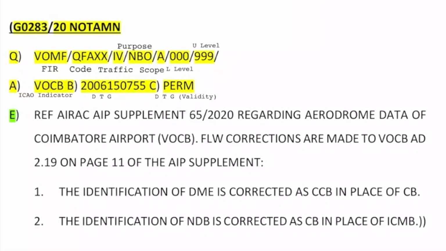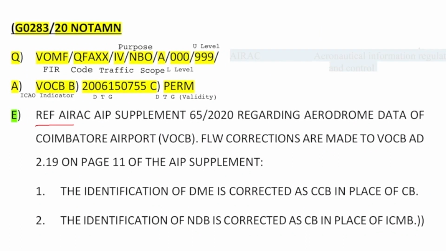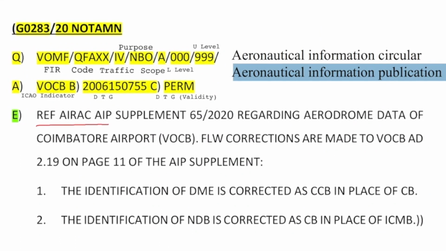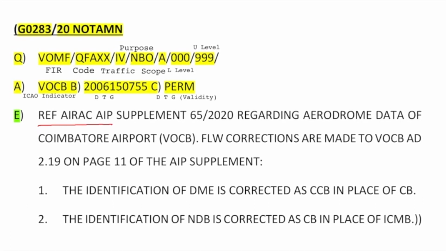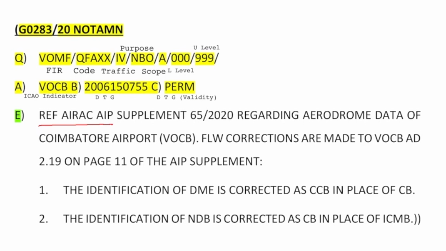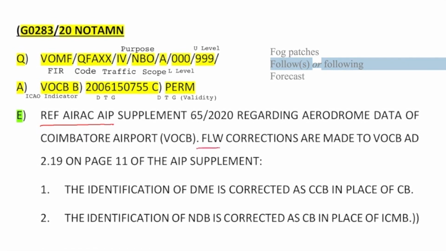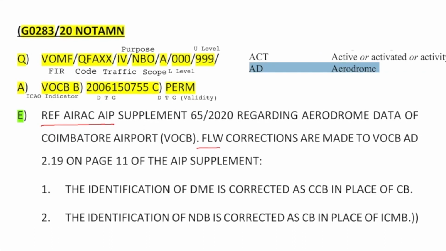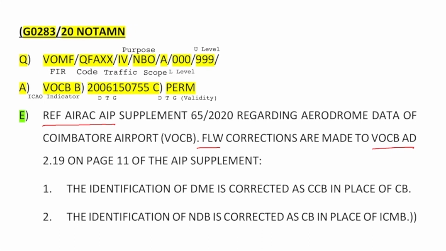This text is decoded as: refer to Aeronautical Information Regulation and Control, Aeronautical Information Publication Supplement 65 of 2020 regarding aerodrome data of Coimbatore Airport. Following corrections are made to Victor Oscar Charlie Bravo Aerodrome 2.19 on page 11 of the AIP supplement.